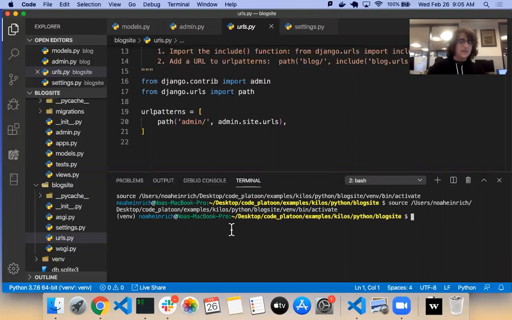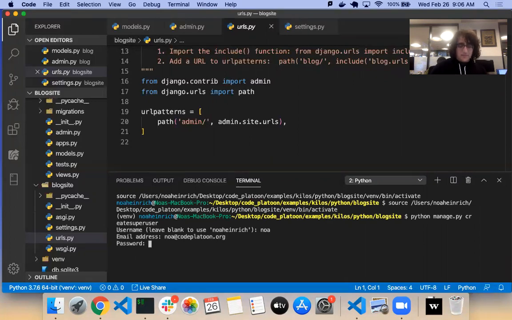So to do that, like we said, we need to create something called a superuser, essentially an administrator. I can write python manage.py createsuperuser. So I can get a username. Let's call it Noah. Email address, noah@platoon.org. Password 123456.